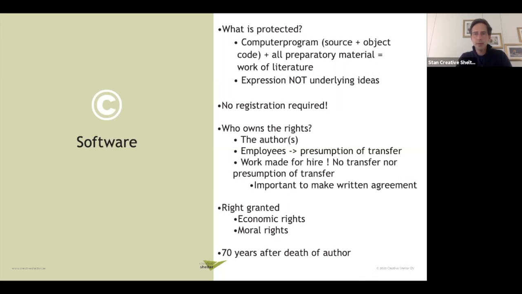And that's quite important, even if you're not really technical. If you describe how your computer program should look like, if you have an idea for an app and you write it and you make these screenshots or the flow chart, like, if you press there, then it needs to do this, and you really design it yourself and you work out the flow, and somebody else makes the source code, you're also considered as an author of this computer program, and you also have copyrights on this computer program,